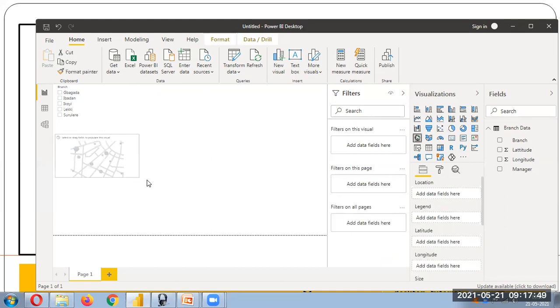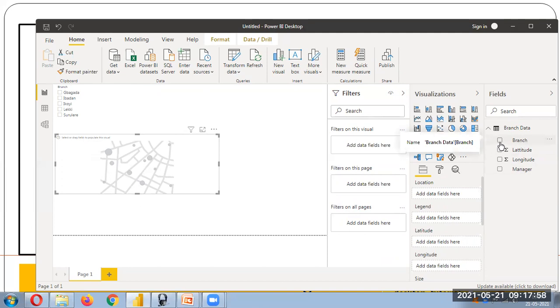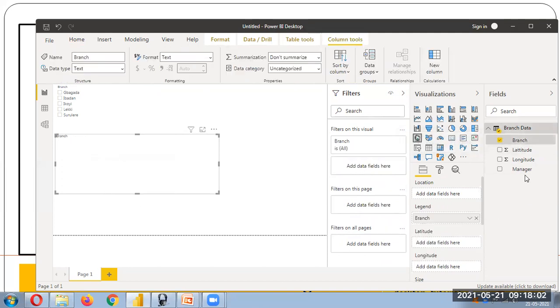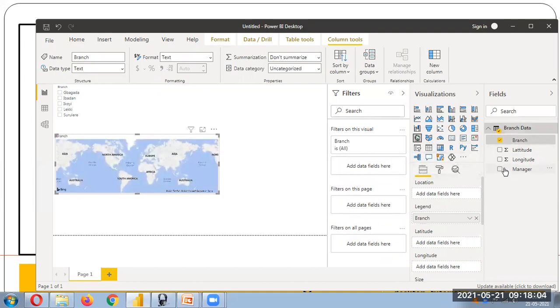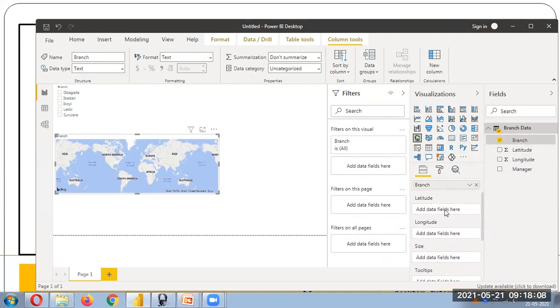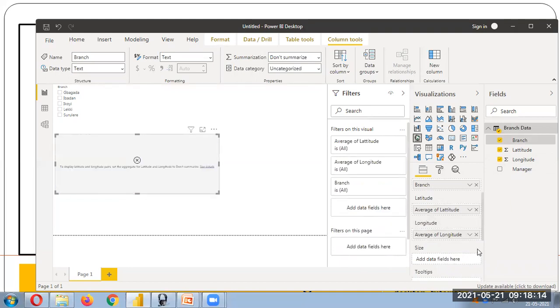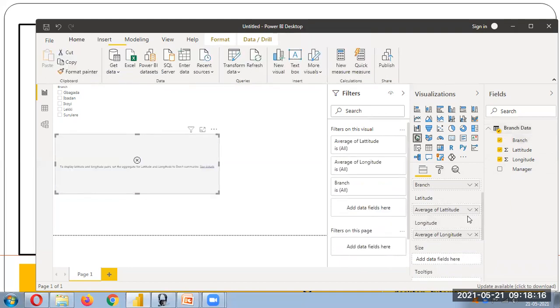So in the map visual, as you can see here, we can mention the branch over here, the data field, and you can mention the latitude over here. And here in longitude, you can mention the longitude over here. Okay, you can just change this.